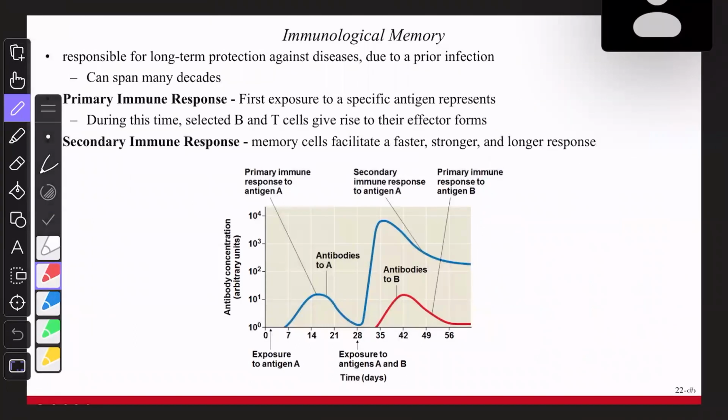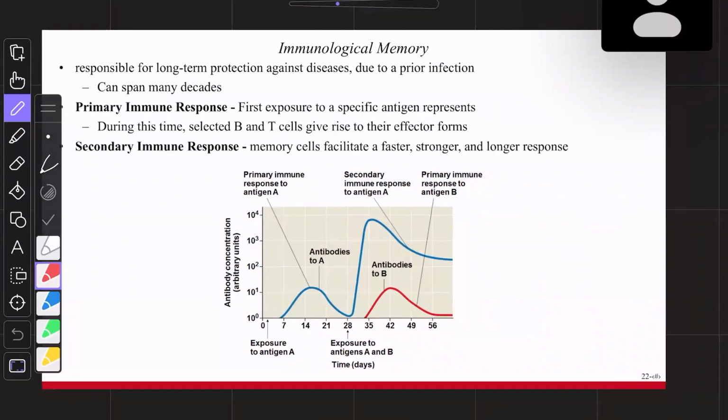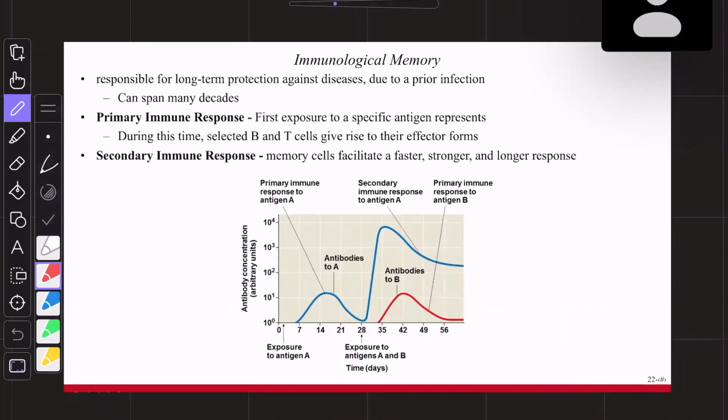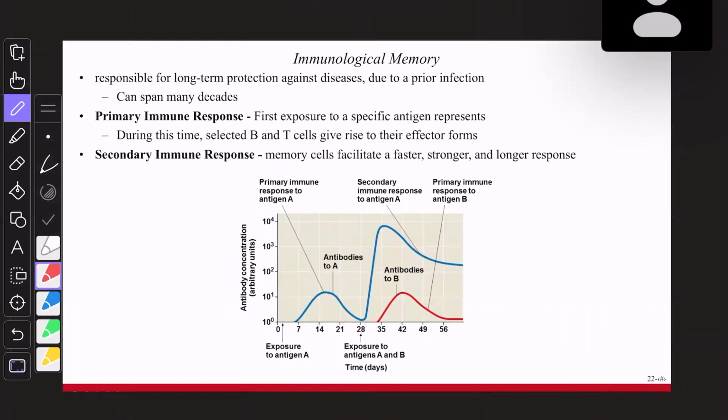How are we feeling? How many of you looked at this graph? Chickens. Okay, so